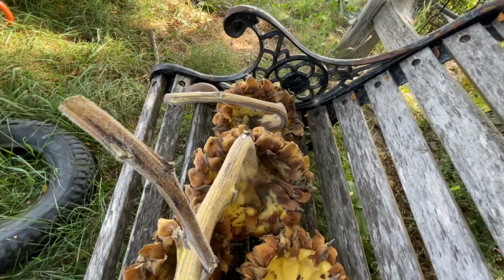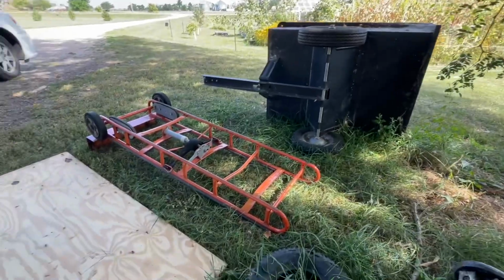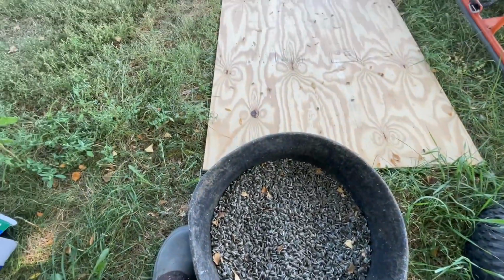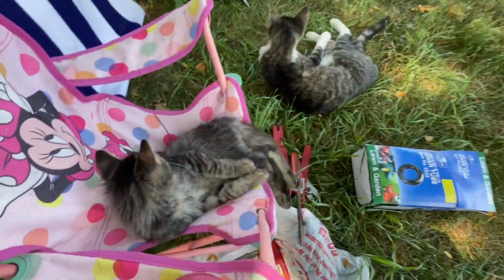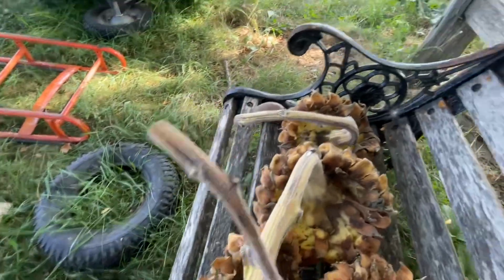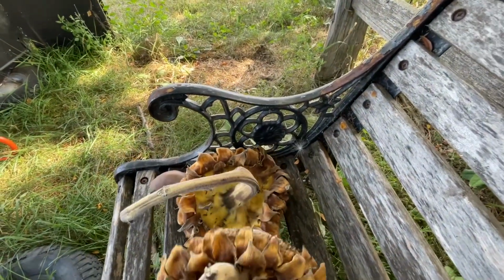Well, it's another hot day, but I am sitting in the shade with my trailer that needs its tire repaired. And I'm working on, oh, kitties, loud kitties. I got some helpers here too. Anyway, working on the sunflower seeds, and I was just trying to come up with an easier way to get